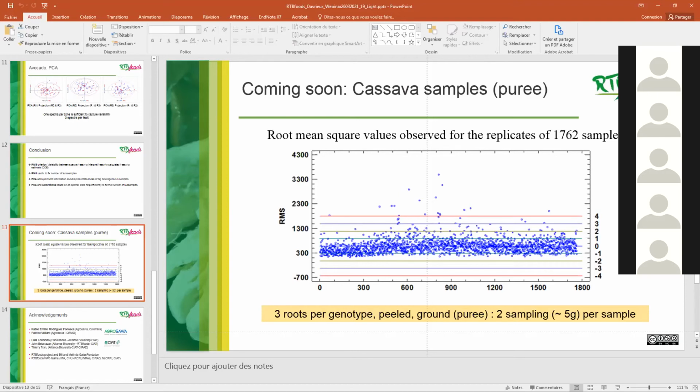Of course, whatever you want to measure by NIR, you can do the determination of variability using root mean square, using PCA. And you will see in the next webinar, there are many ways to measure variability, in fact. So you can do this on any kind of product. This is only to give you information about the repeatability and the representativeness of your spectra, and so information about the homogeneity of your product.